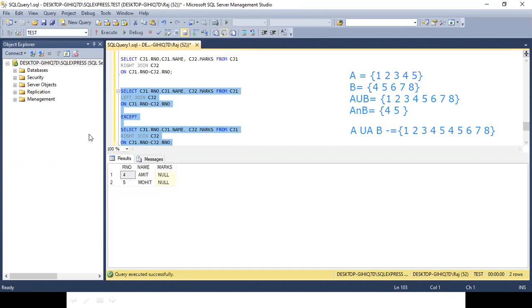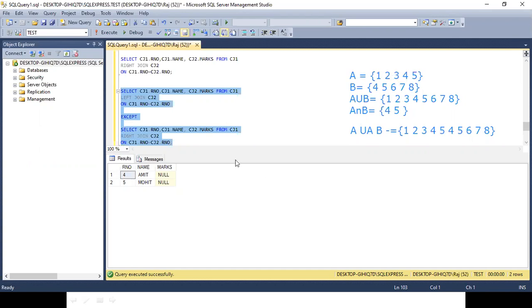It is giving me the 4th and the 5th record. In this example, what will be A except B? 1, 2, 3. Absolutely correct. It should be 1, 2, 3.